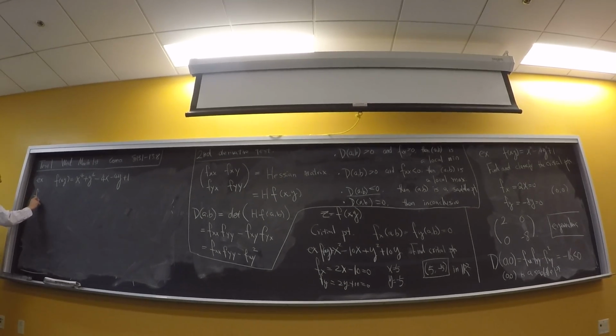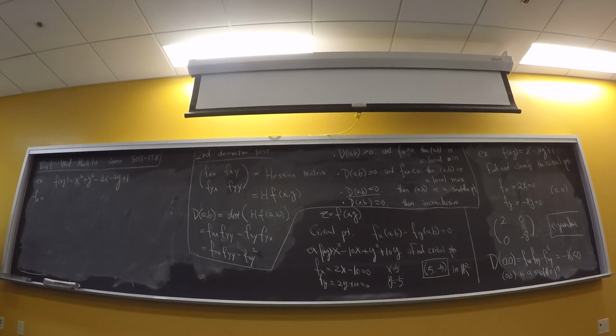Finding a critical point is still a matter of solving a system of 2 equations. You have 2 first-order derivatives, so it's always solving 2 equations. So fx is equal to 4x cubed minus 4, which is equal to 0. And fy is equal to 4